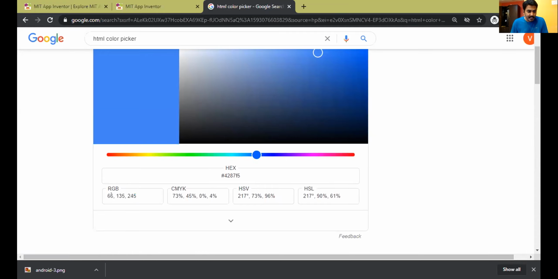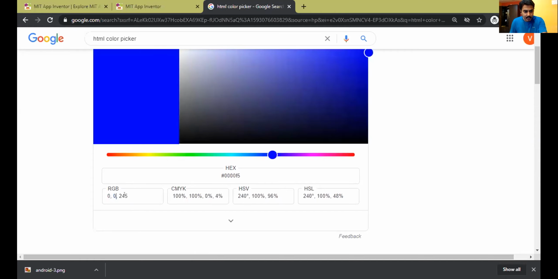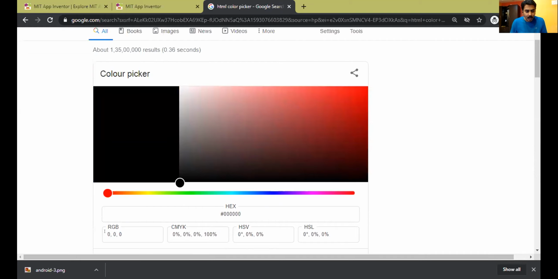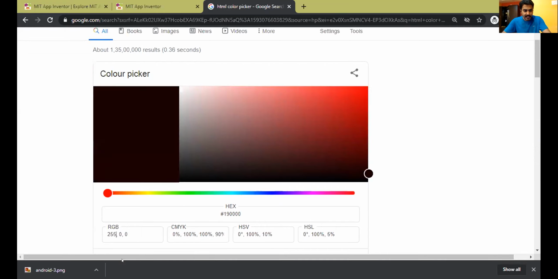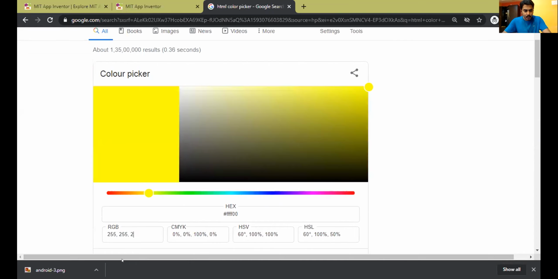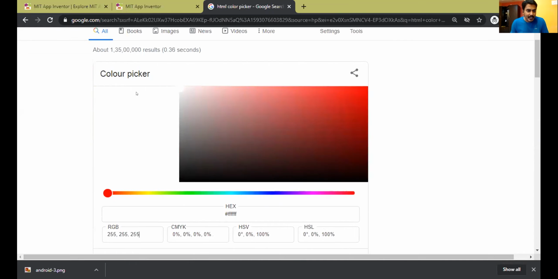Let me type the minimum value: R is 0, G is 0, and blue is also 0. When all of them are 0, the color is black. And if I make all the colors combined, let me say 255, 255 and 255, the color is white.